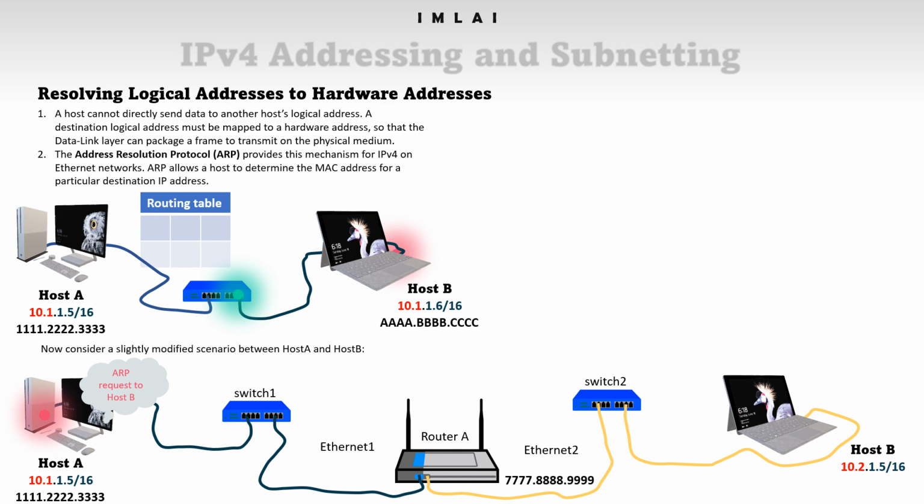So now host A determines that the 10.1.1.1 address on router A is its default gateway. A router is the default gateway, which we have discussed in our previous slides also. Now the default gateway decided for host A is 10.1.1.1 on router A. So now host A will then broadcast an ARP request asking for the MAC address of